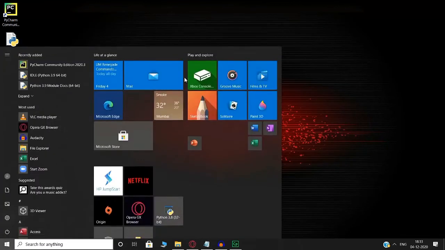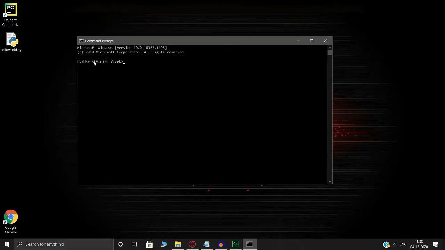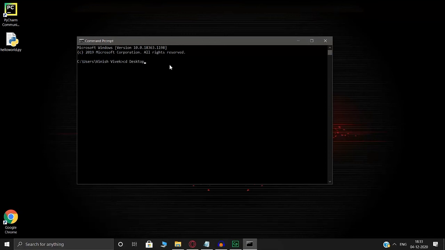We'll go into command prompt. Now in command prompt, I'm currently at C colon, users, and my name over here, but in your system it will show your name. So we want to go into desktop. So I'll hit cd space D. I can write the entire thing desktop, or I can just press tab, okay, and it'll show me all the folders that are starting with D. So I'll select desktop and hit enter.